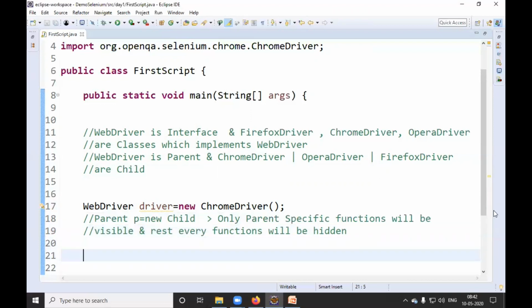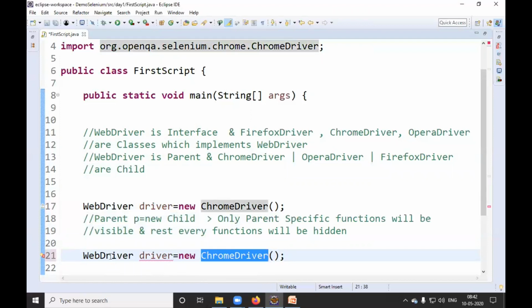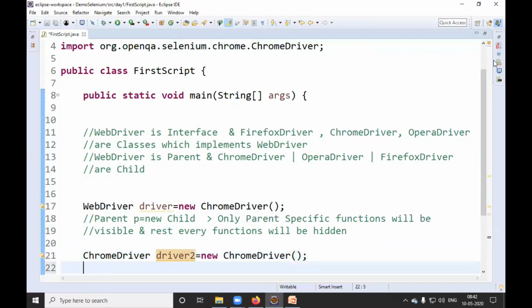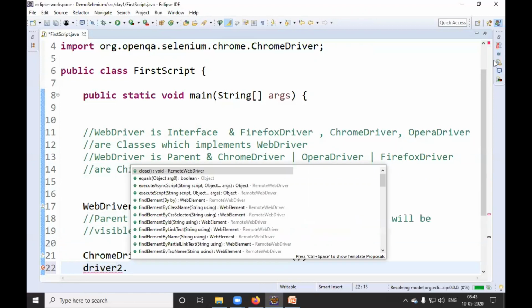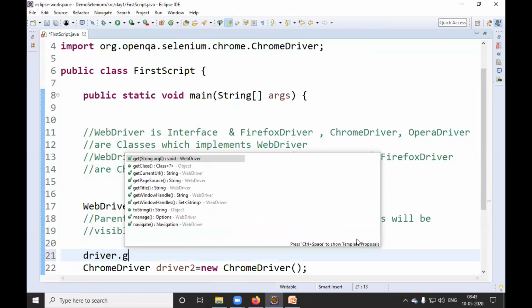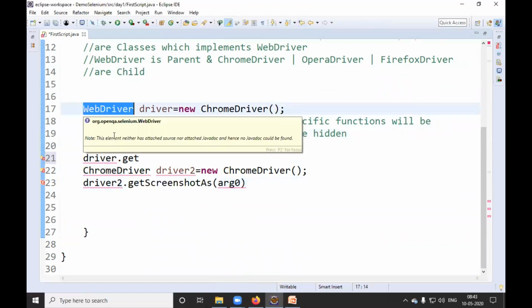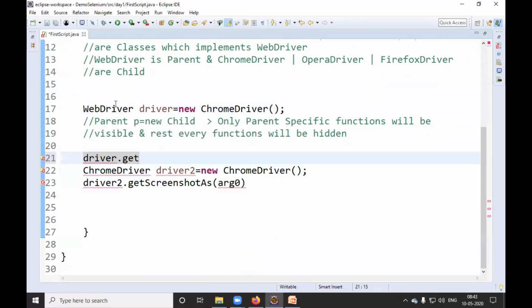For example, if I say Chrome driver 2 equals to new Chrome driver, then driver 2 dot get screenshot as is available, but driver dot get screenshot is not available, because it is not available in WebDriver.